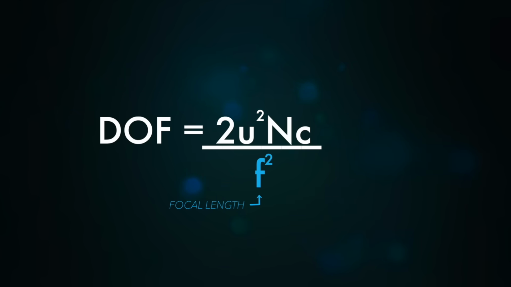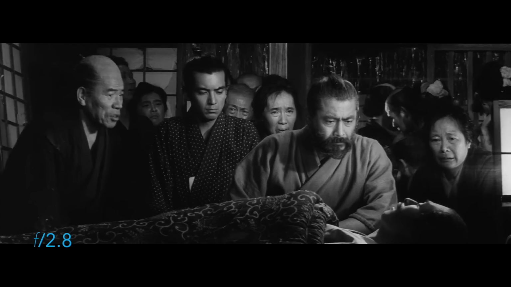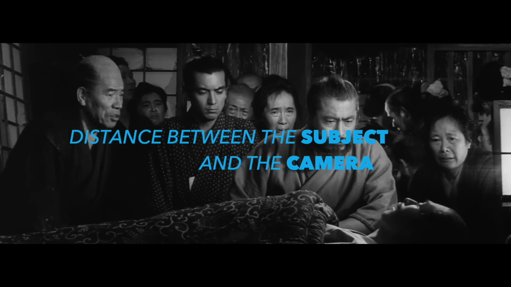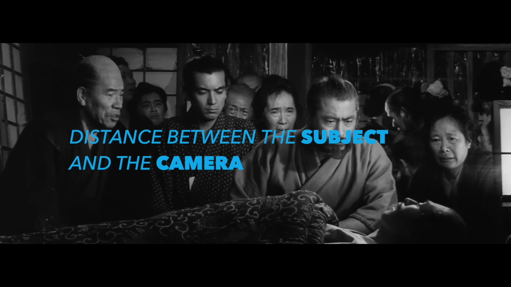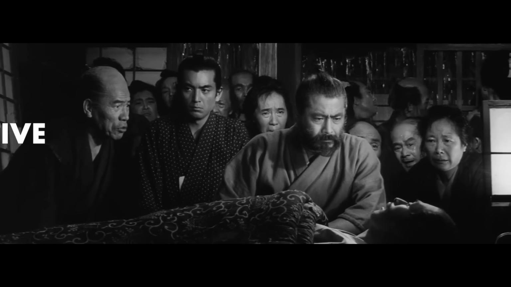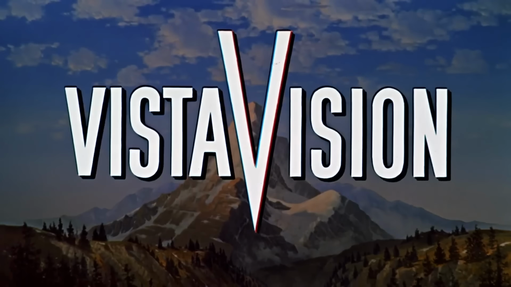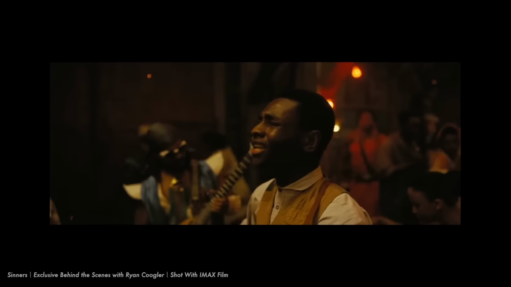Remember, depth of field is affected by 4 factors. So, to get a deeper depth of field, Kurosawa had to close down the aperture while increasing the distance between his camera and his subject. And recall, changing one's position will also change an image's perspective. So now that we understand how various lenses can impact an image, let's talk about how format size factors in here.